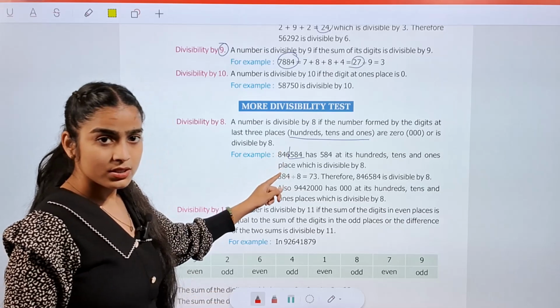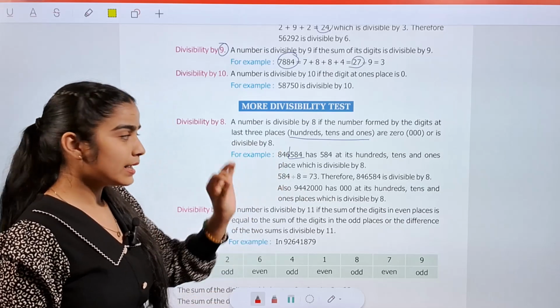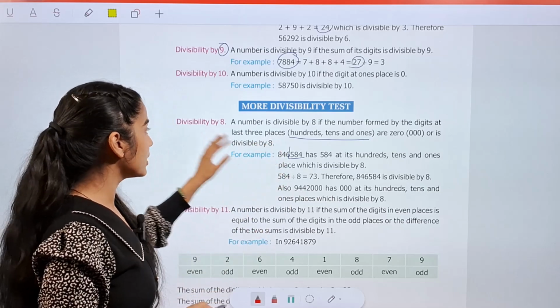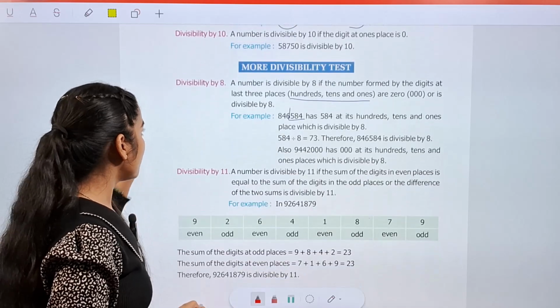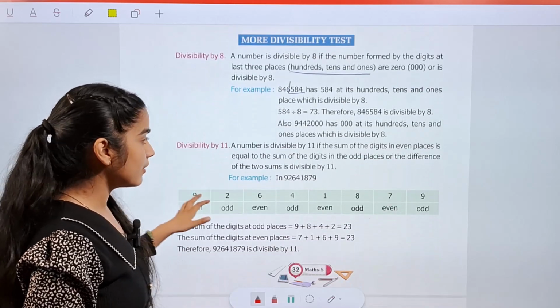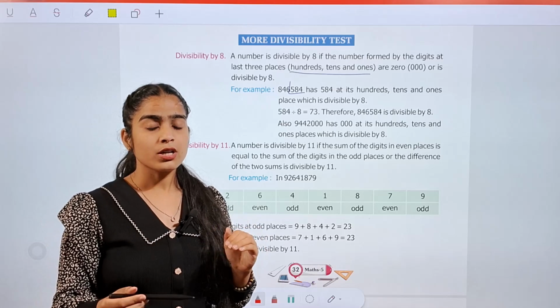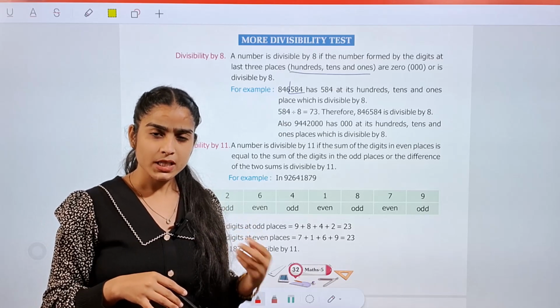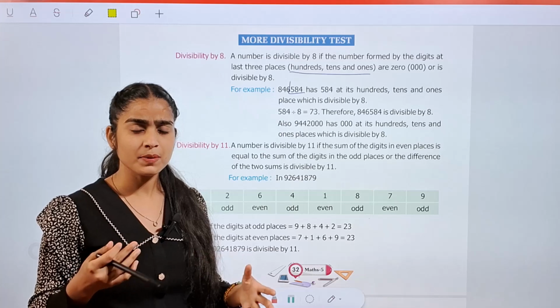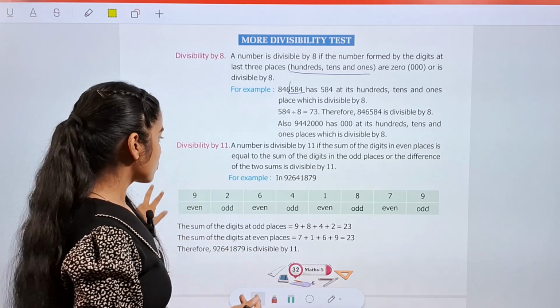If the last three digits are exactly divisible by 8, it means the whole number could be divisible by 8. Now for 11, you have to separate your numbers among the even places and the odd places. So you have this number